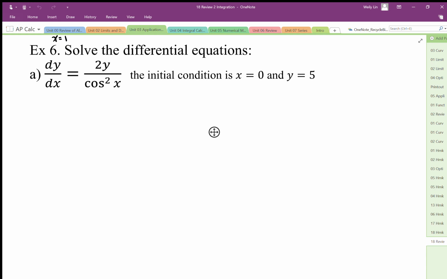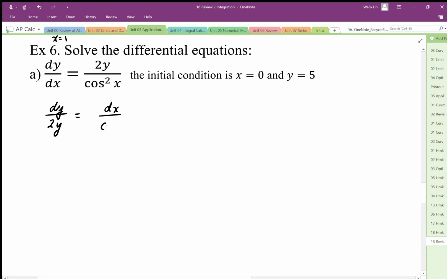This differential equation can be solved for c since we're given some initial condition. When we're solving differential equations, the main idea is that we separate the variables and we integrate. So I'm going to separate my dy with my y. The constants don't matter where you put them. And I'm going to put my